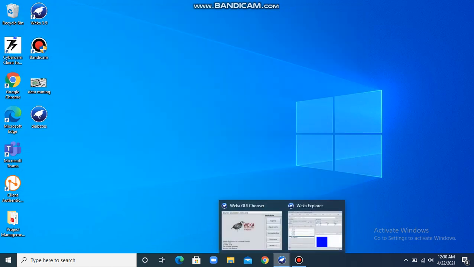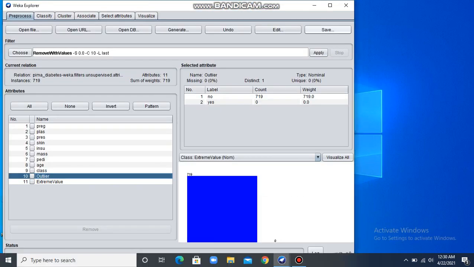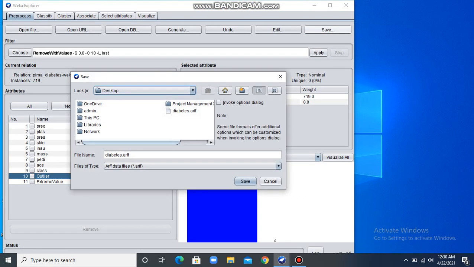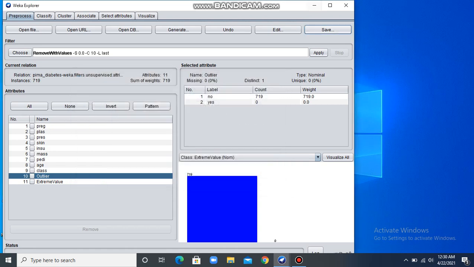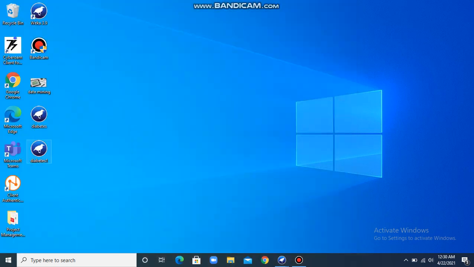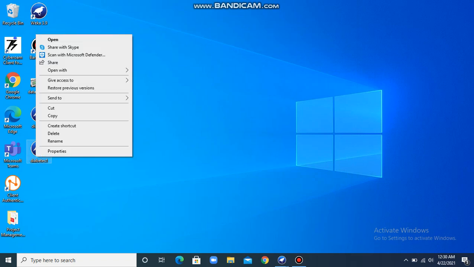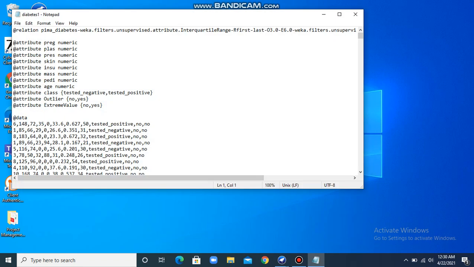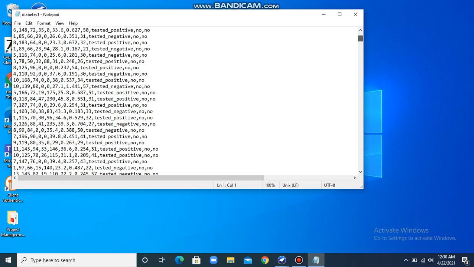Now I'll open the same thing again and save it on my desktop as diabetes1.arff. Let's save it. This was the original, where you will see that outlier equal to yes is present, and this is my new file where you will see that all my instances have the value outlier equal to no.